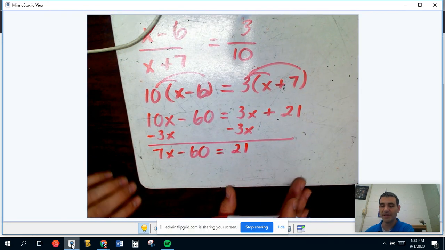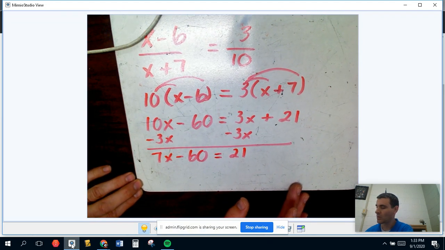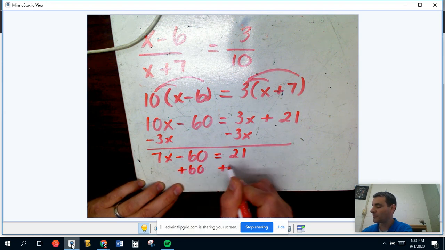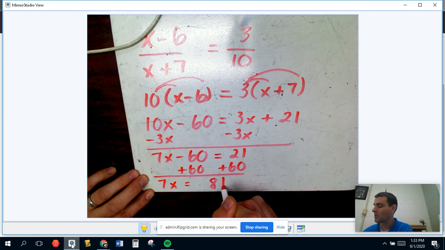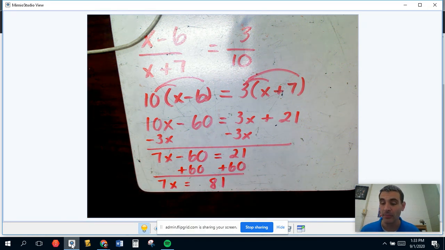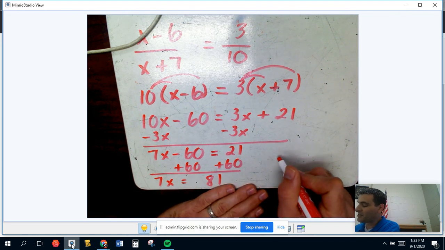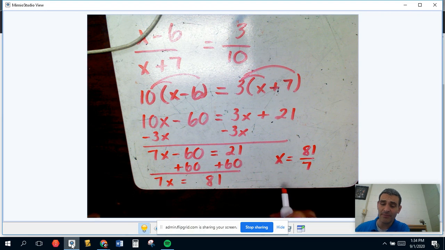All right, so we have a basic two-step equation from here. So I want to add 60 to both sides. So 7x equals 81. And then I'm going to divide by 7. Not a lot of room to show that, but if you divide both sides by 7, you actually get 81 sevenths,